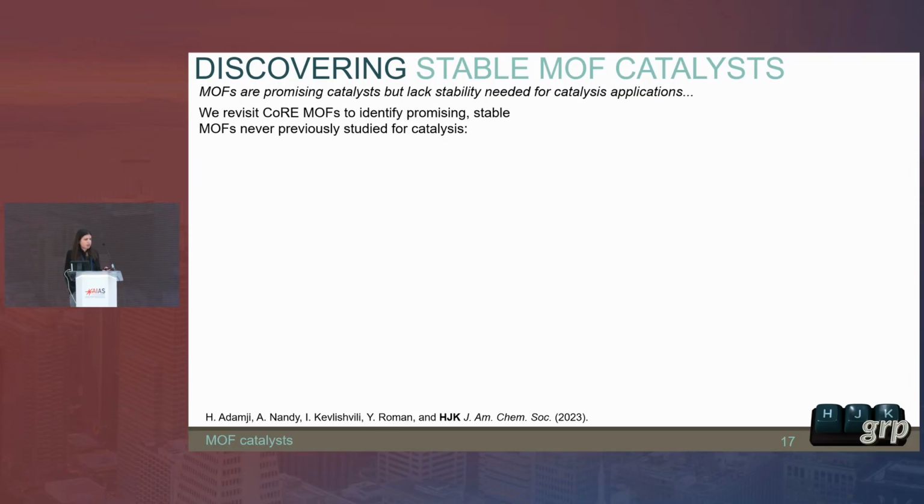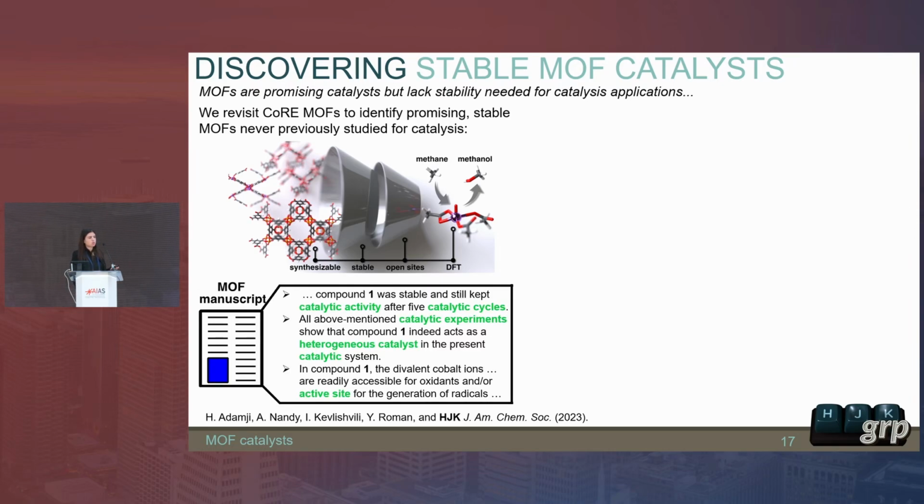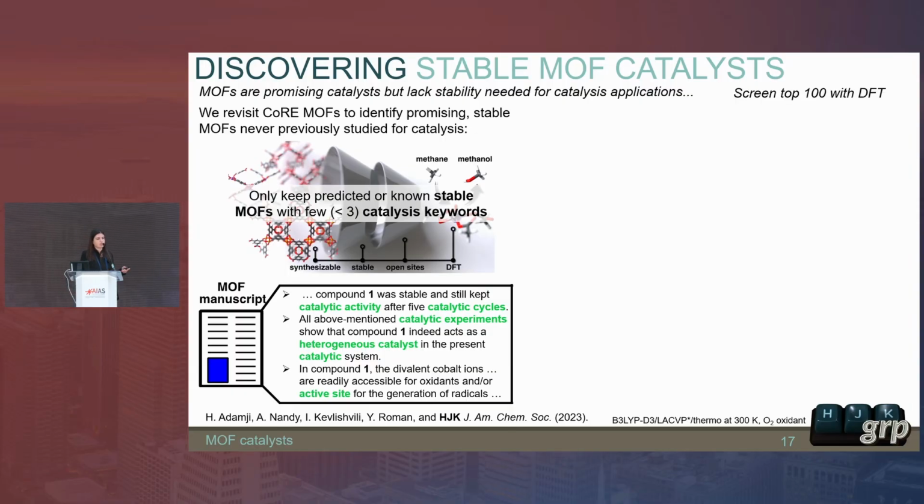But one of the things that I wanted to do with it was to try to look at how we could study materials for catalysis in a more compelling way. And so in particular, MOFs have a lot of promise for catalysis, but relatively few of those MOFs that have been studied have ever been studied for catalysis. So what we did was we looked at all of the MOFs that had previously been synthesized and asked ourselves, could any of them be repurposed for catalysis? And the way we did this was we looked at each MOF structure and its associated literature and threw out anything that had been studied previously for catalysis. So we were looking for things that had been studied for another reason and never before been studied for catalysis.